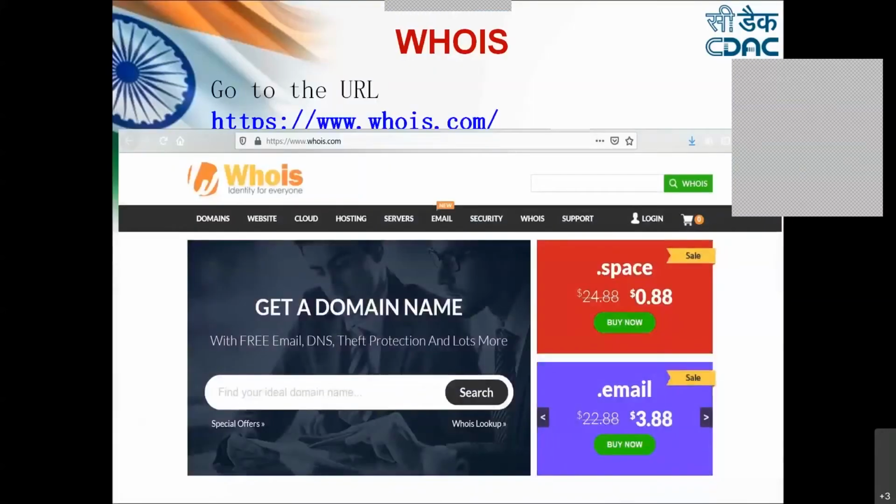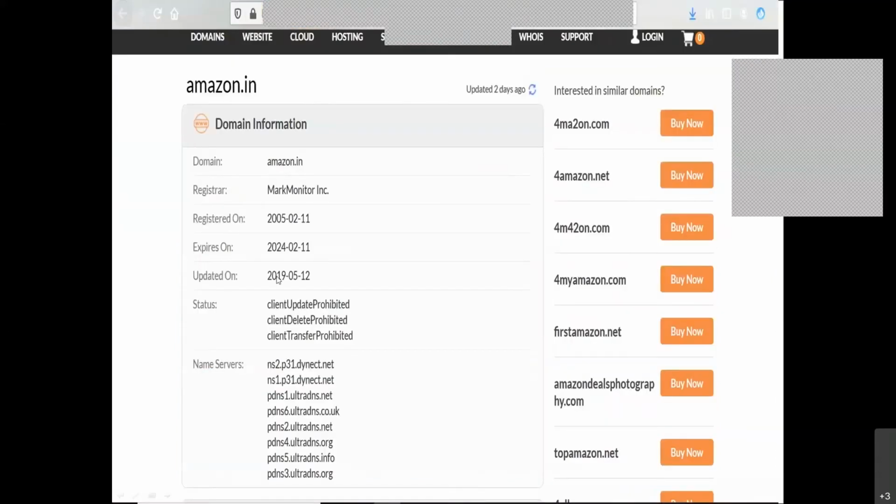Other than that, we have whois.com. Maybe many of you have heard about it. You can simply go to whois.com, and here you are asked for a domain name. Just provide the domain name for which you want the information to be retrieved, and you can simply get the information about it.